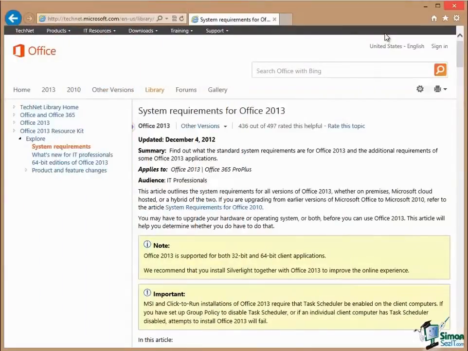So let's suppose that you want to try Office 2013. What are the system requirements for Office 2013? Well, if you look at the Microsoft.com website and search on system requirements for Office 2013, there are a couple of places you'll find them. This is within the Office section of the site. And if I scroll down the system requirements here,